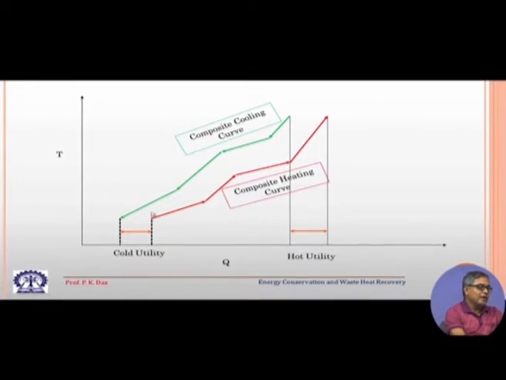So, if I extend this line, and if we consider within these two lines, the curves are overlapping with each other. So, in this portion there would be possible heat transfer between the cold streams and the hot streams. So, this is what we will target for energy saving, but even with this heat exchange between these two